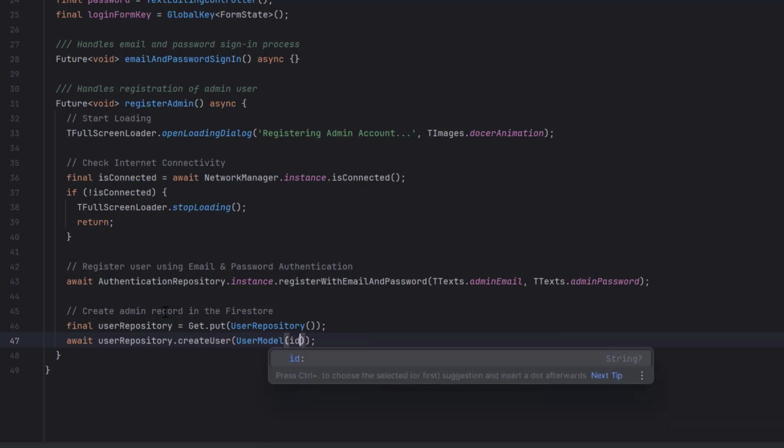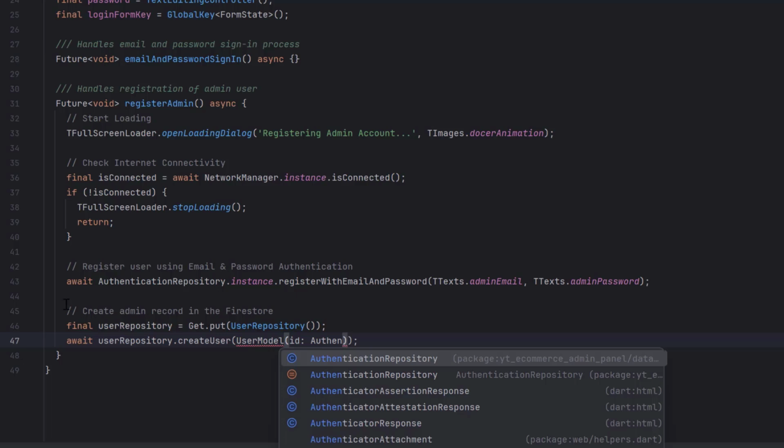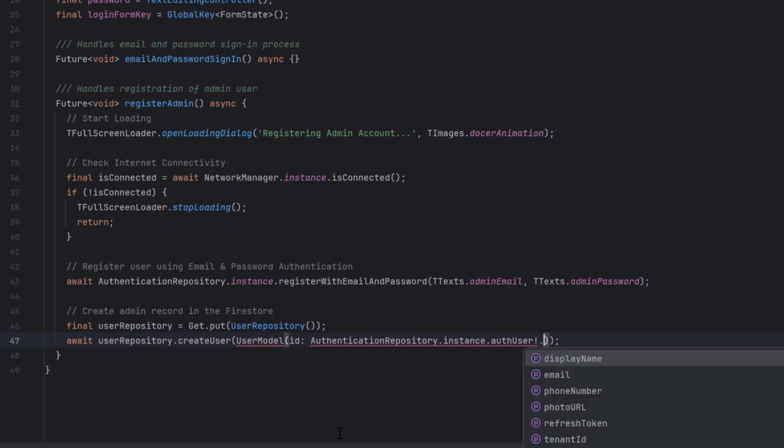First of all, we have to pass the ID. To get the ID, we are going to use the ID of our user, because over here you can see this user will be registered into the Firebase authentication, and whenever that user is registered, this means that we can now have that user instance inside our authentication repository. So we can use authentication repository dot instance dot auth user or authenticated user, and because we know it is not null at the top, we just created it, so we can add exclamation mark dot